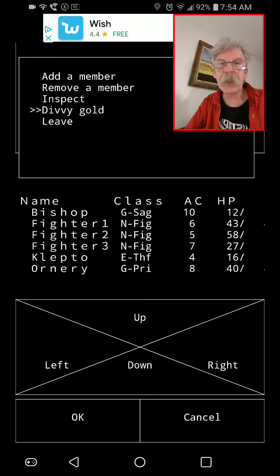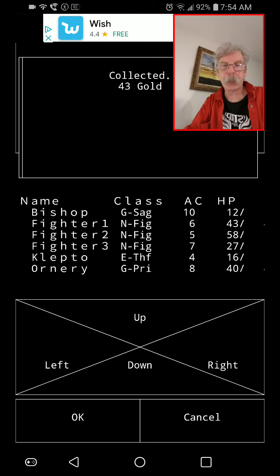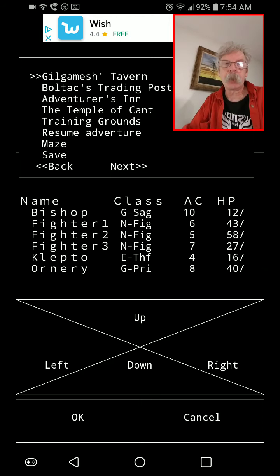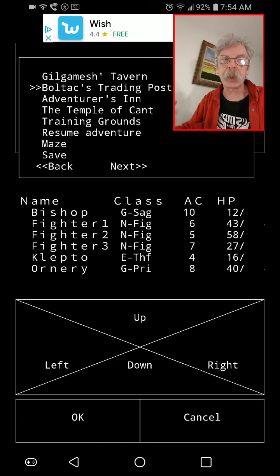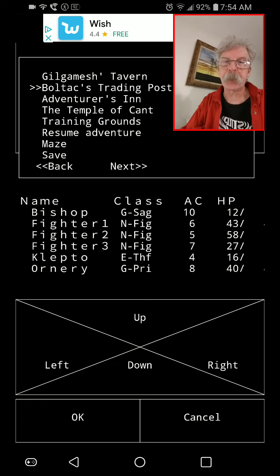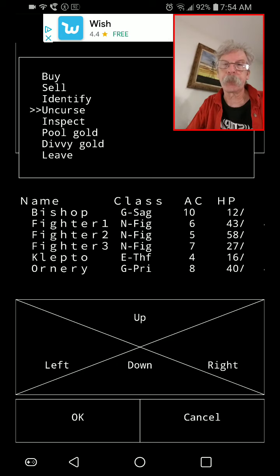In Gilgamesh's Tavern, you can also divvy gold, meaning divide the gold up between all the characters in your party. And we have 43 gold. But what I need to do, as you can see, the armor class, the AC column, the armor class of my bishop is 10, while the armor class of my other characters is below 10. When you start out, your characters are naked, and they have an armor class of 10, meaning anything can hurt them. What you want to do is get armor to lower their armor class and make them better defended. So for now, we need to go to Boltac's trading post,